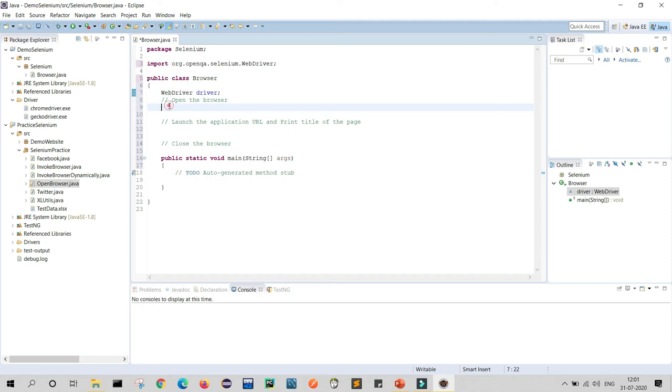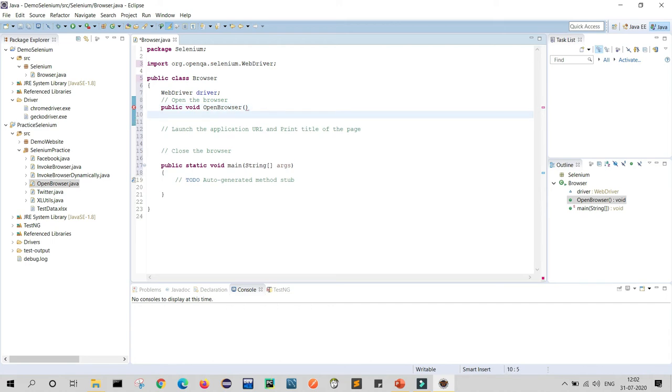So we will write public void, and here what activity do I have to do? I have to open the browser. So it is open browser. This function, this method I have created, and inside this, what will I do? I will launch our browser.